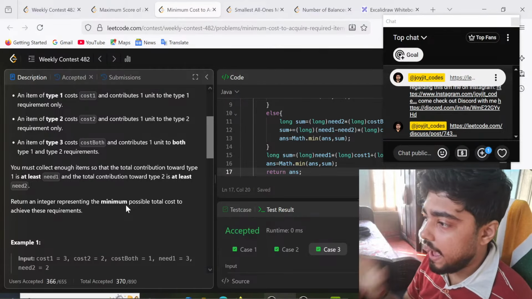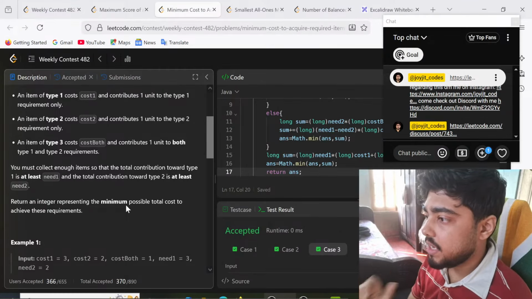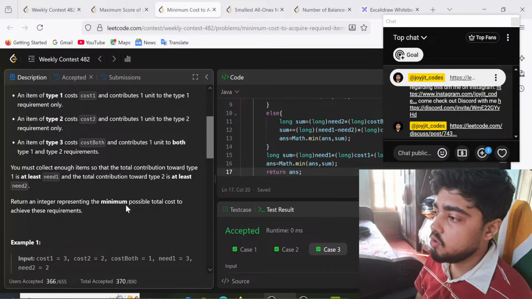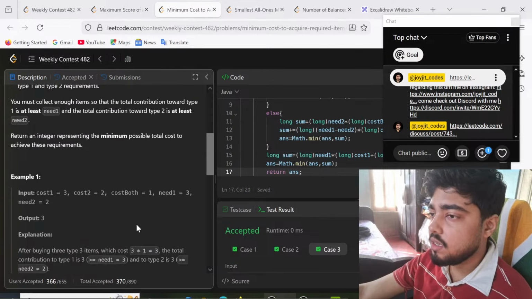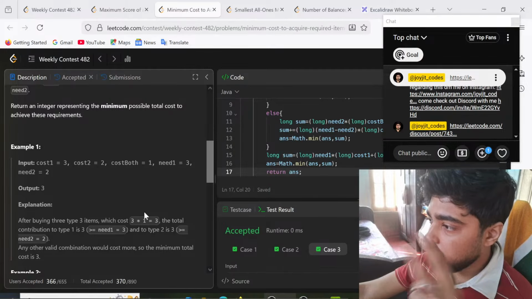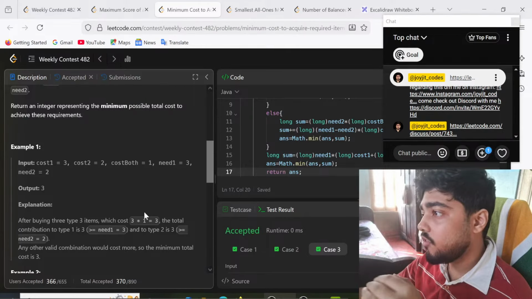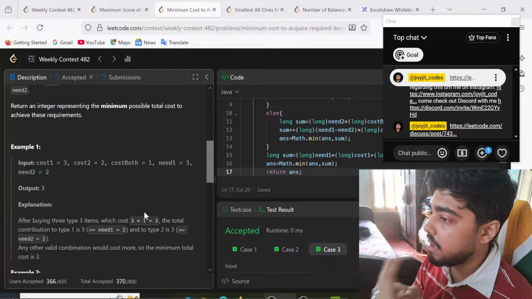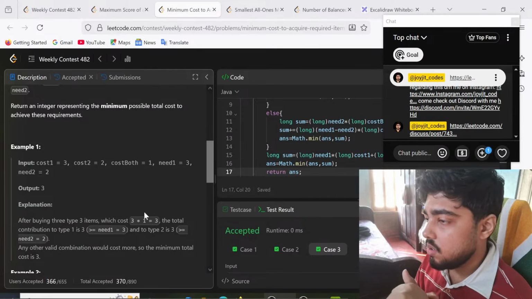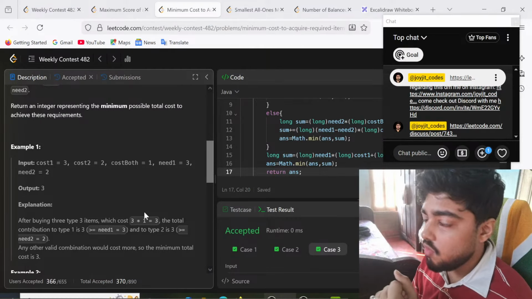So if you want the minimum possible cost to achieve this requirement, it is a little bit tricky. The question is given as a medium question, but the main trickiness is that there are only three possible ways you can do this. Sorry, there are only four possible ways. You have to find whichever of the four ways gives the minimum answer. Actually, there are three because the second possibility has two outcomes. So basically it is three, but yeah, you can go with four. So what are the four ways?